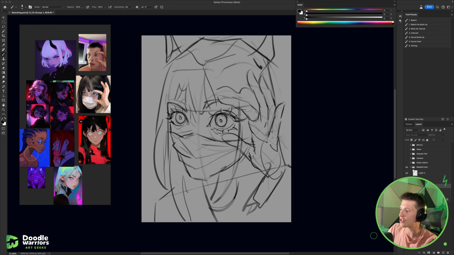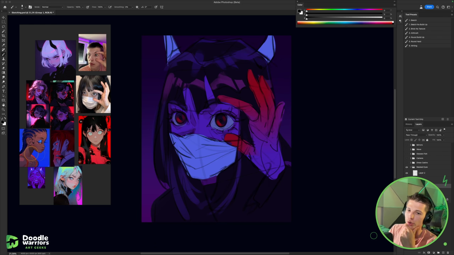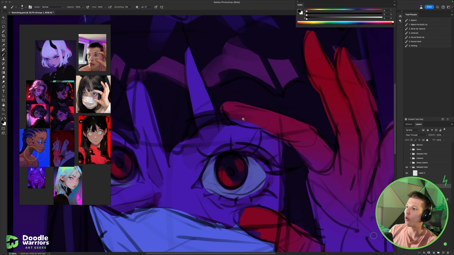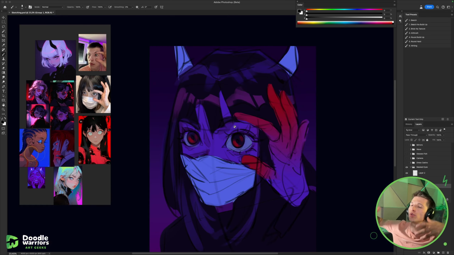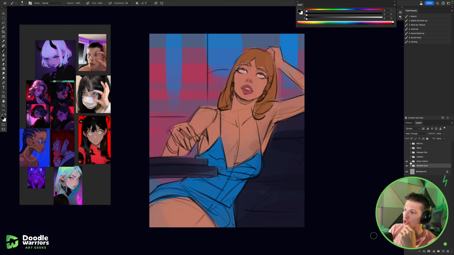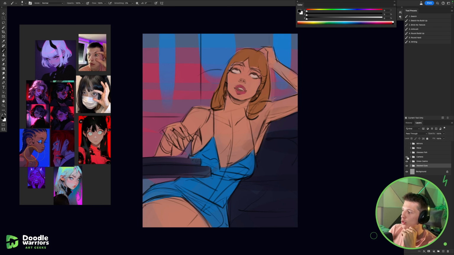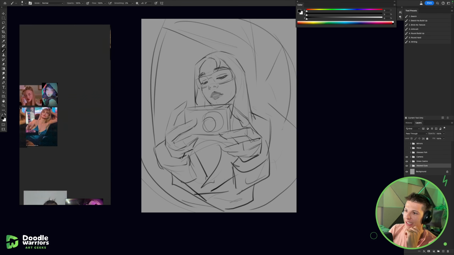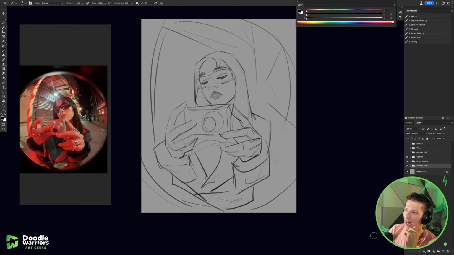So I did this sketching here, and I also like to do these color sketches as well, where I will just lay out all the colors so I can get the mood and the vibe of the whole piece and see whether I would like to even finish it. So I did a couple of those sketches. I did this one in here. I did this one, although I didn't really think about the colors that much because honestly, I'm not a huge fan of the sketch,